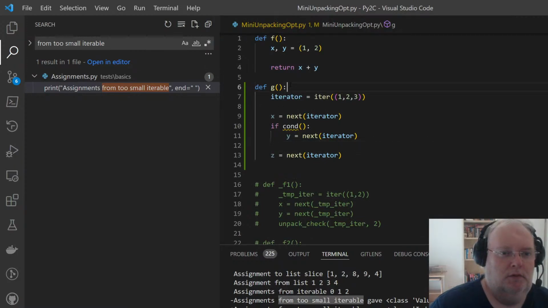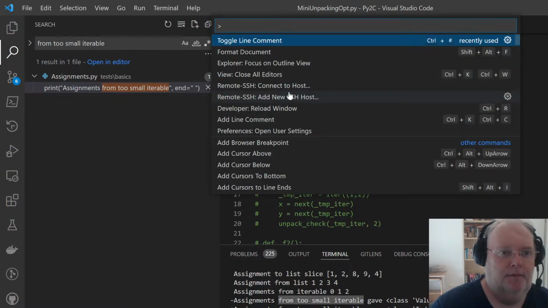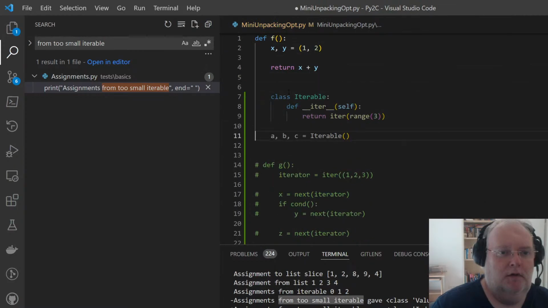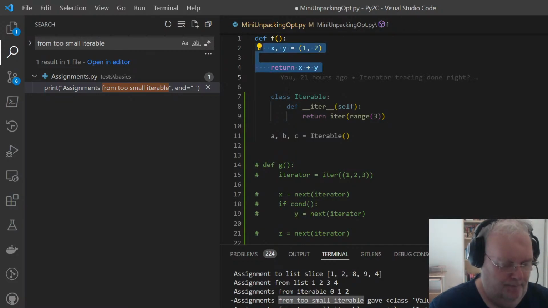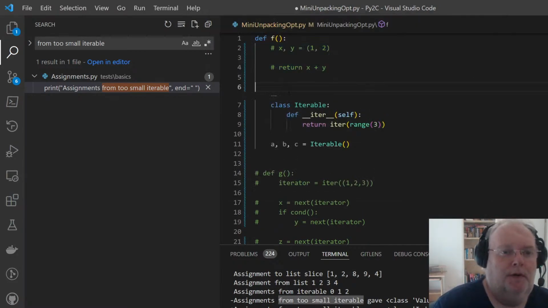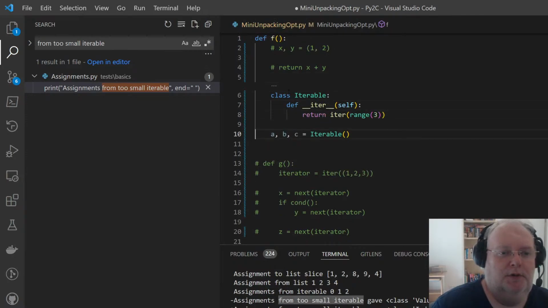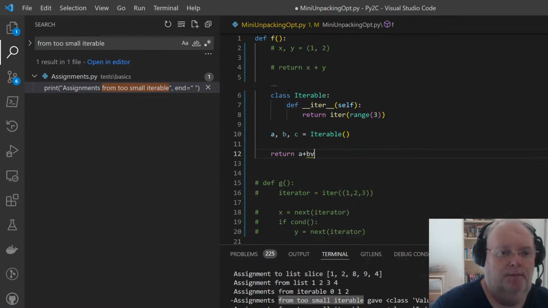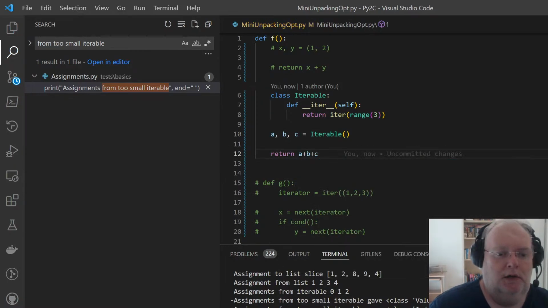So, okay, let's toggle line comment on this. And this should not have happened because I do not see how or why it would have done it.